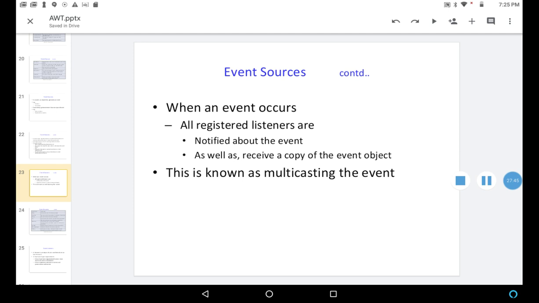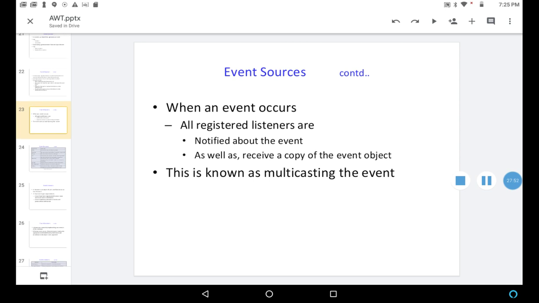Event sources. When an event occurs, all registered listeners are notified about the event as well as receive a copy of the event object.